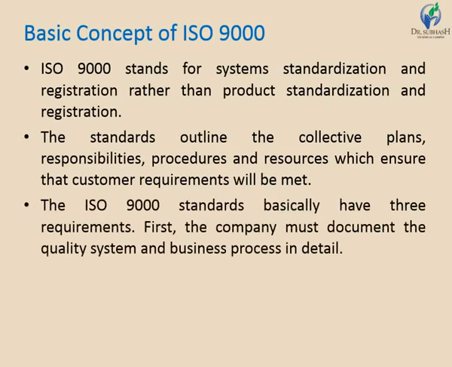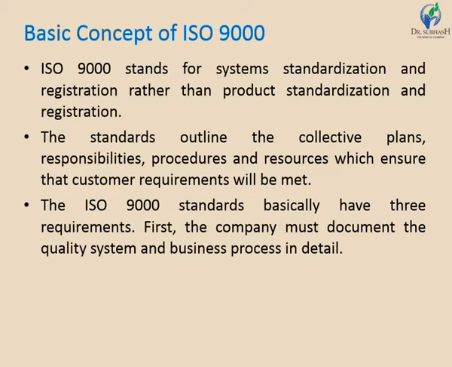The ISO 9000 standards basically have three requirements. First, the company must document the quality system and business process in detail. So for ISO standards registration, or for applying, there are three requirements. The first requirement is the company must document the quality system. So they must have the documents, they must have a clear idea of which system will be responsible for production, which system will be responsible for doing the manufacturing and